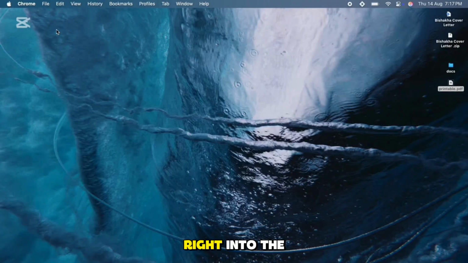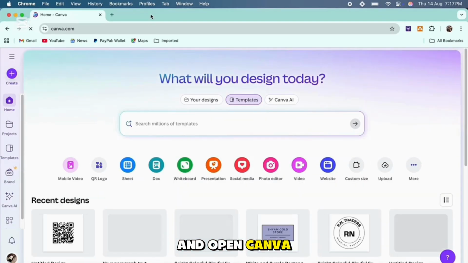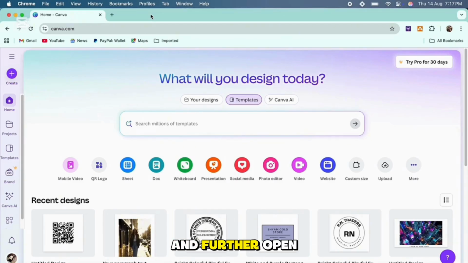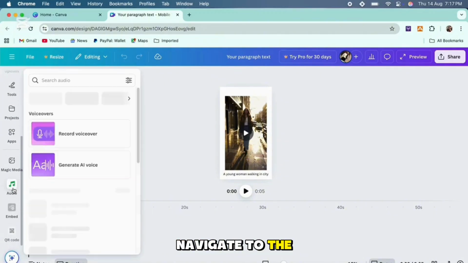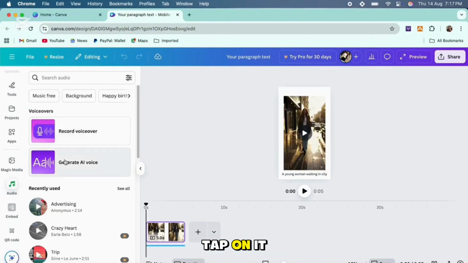Now let's get right into the tutorial. Firstly, go ahead and open Canva on your device and further open the project where you want to add multiple audios in. Now, from the left side toolbar, scroll through and navigate to the audio option and tap on it,